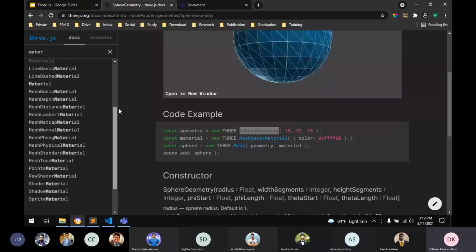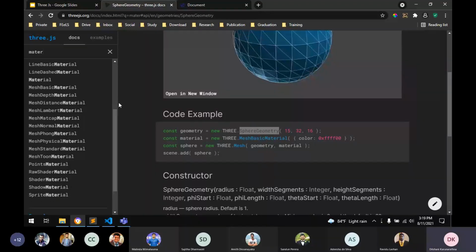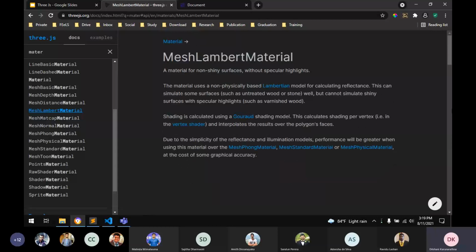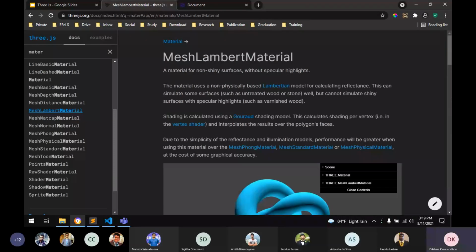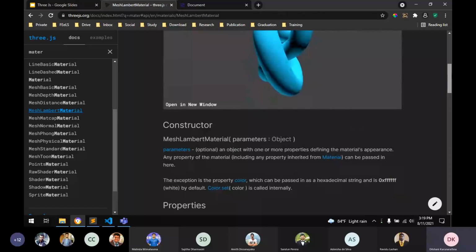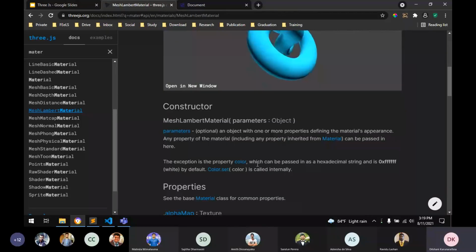These are the materials we can use. Let's use mesh lambert material. So here the parameters are optional, but you can use the color parameter.